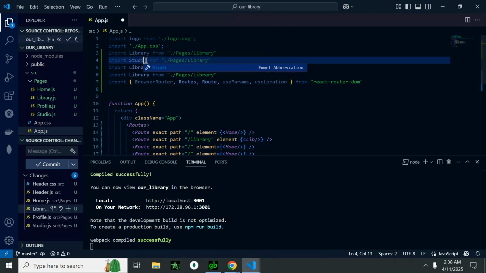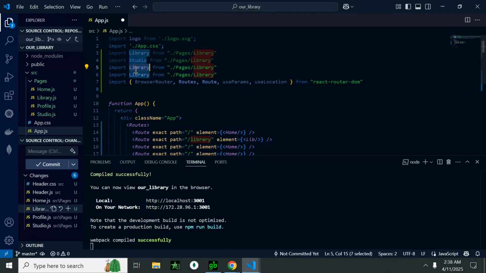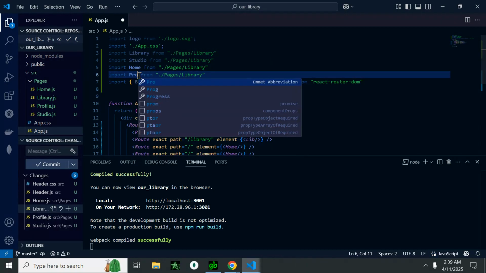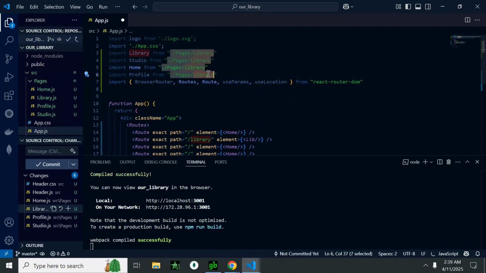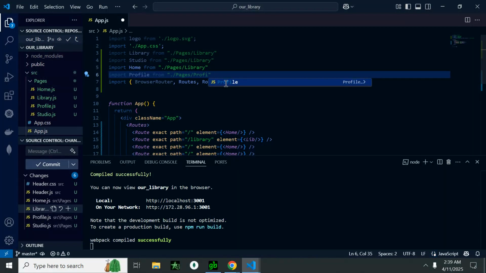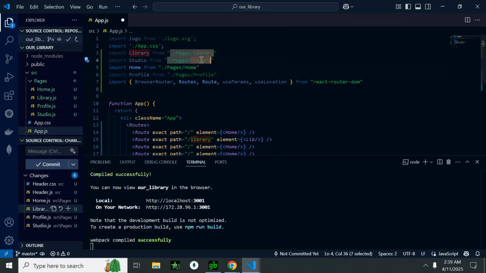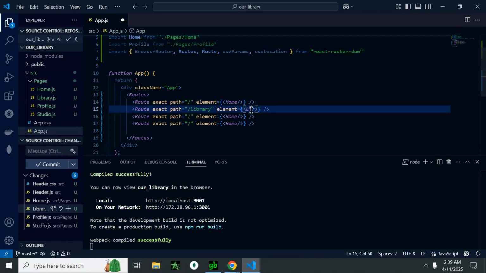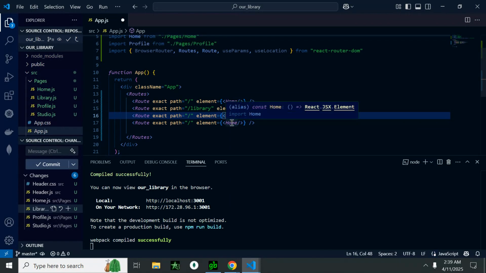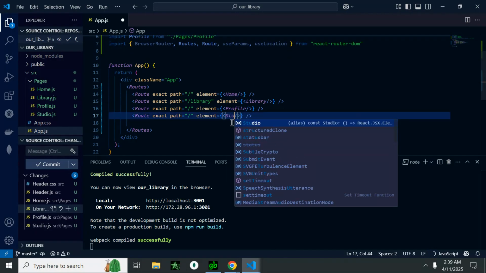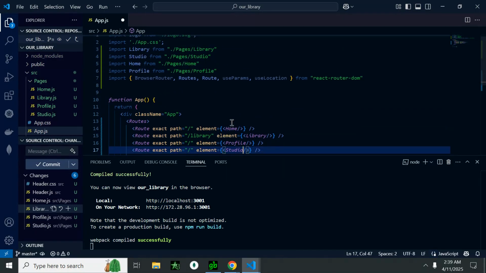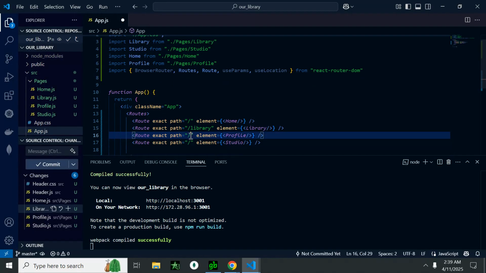Studio, what else? Home and profile. Profile, home, studio. So library, profile, studio. Okay, so